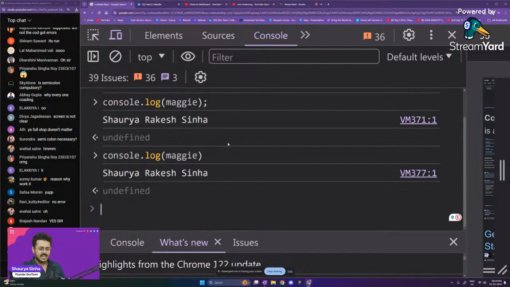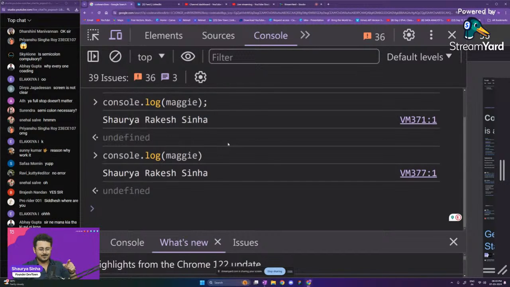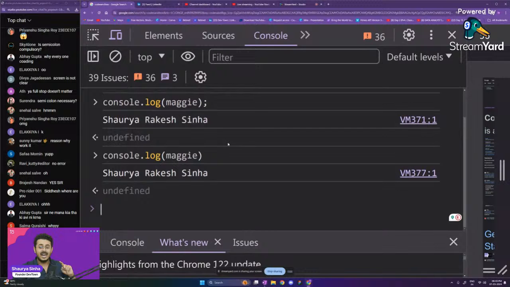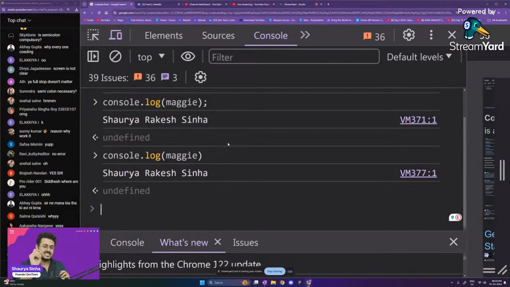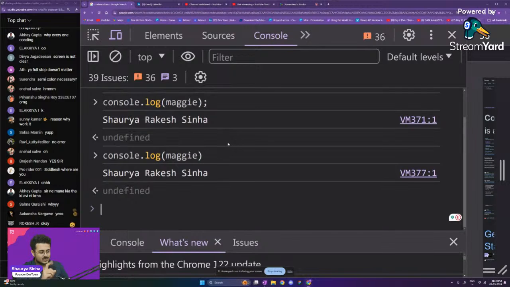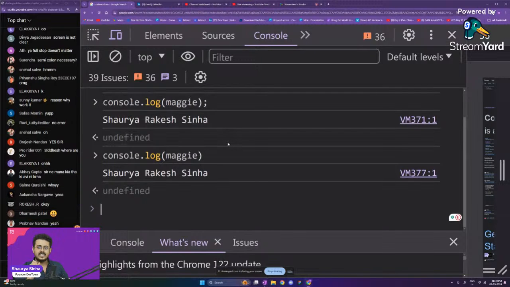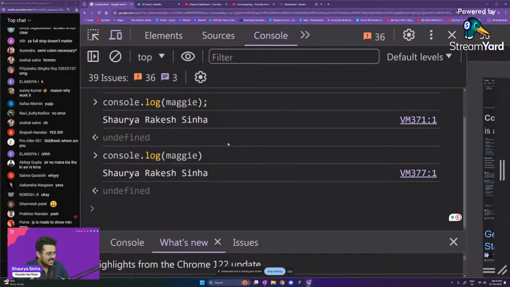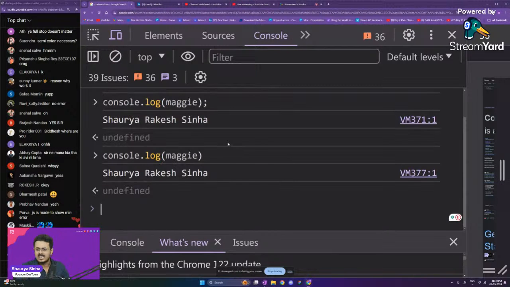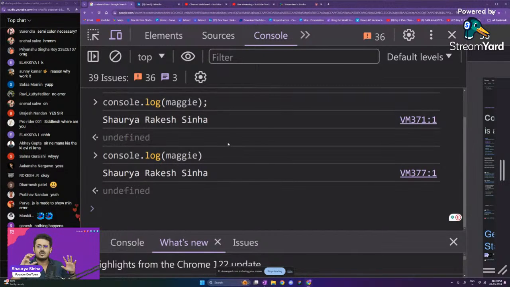It looks at the line of code. It understands that this person forgot to put the semicolon. And while understanding the code, it puts the semicolon for you. Now, this is going to work properly for a few lines of code. Maybe 10,000 lines of code, maybe 1,000 lines of code. Nothing is going to happen. JavaScript will be able to understand your code and will be able to put the semicolon for you.